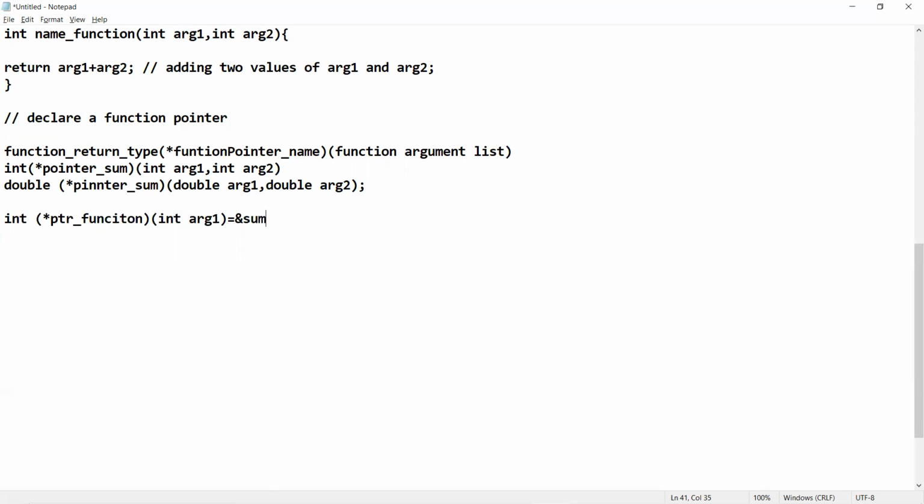So this is one way of declaring a function pointer and assigning a function to it in a single statement.